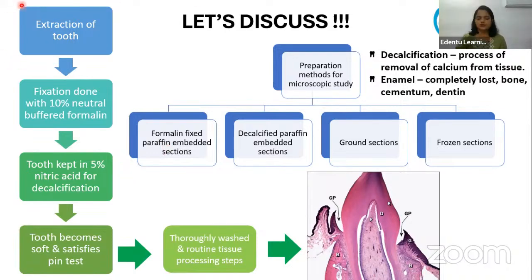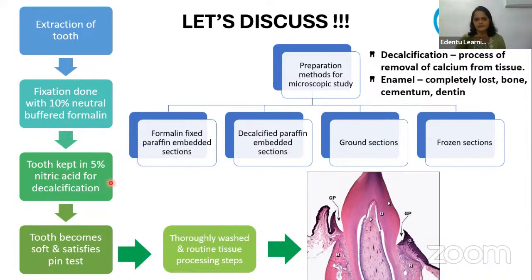So what we do in this decalcification procedure is, if it is a tooth, we are mainly concentrating on the tooth only. The tooth is extracted and a hole is made on the tooth and fixation is done. Usually we do fixation for every tissue, that is before the tissue processing. So the fixation is done with the help of 10% neutral buffered formalin, and then the tooth is kept in